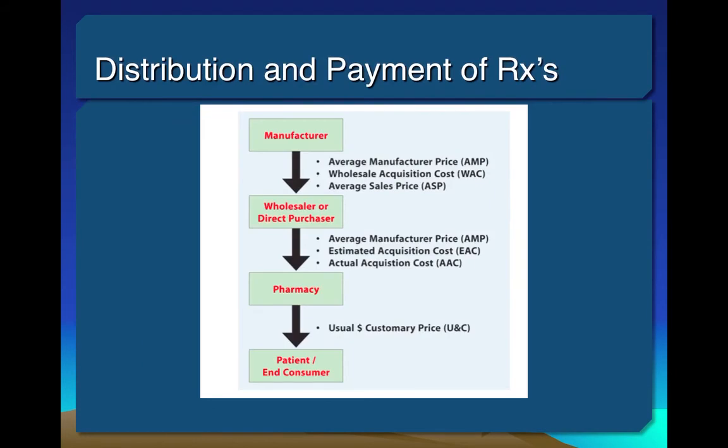There's an article that I posted about how payment occurs. Some of the various terms you hear are AMP, which stands for average manufacturer price, and AWP, the average wholesale price. These prices reflect what the wholesaler is purchasing from the manufacturer and what the pharmacy is purchasing from the wholesaler. Usually what will be recorded in your pharmacy system from what you purchase from the wholesaler is